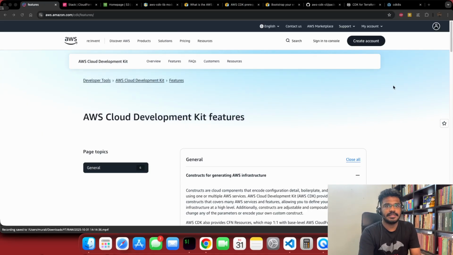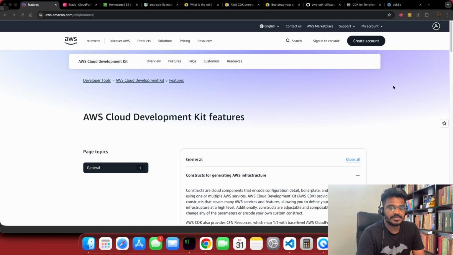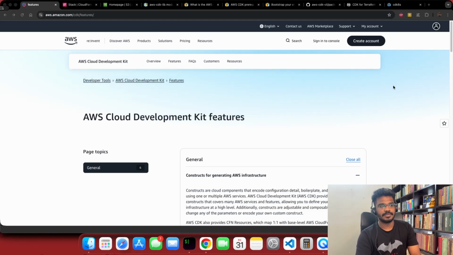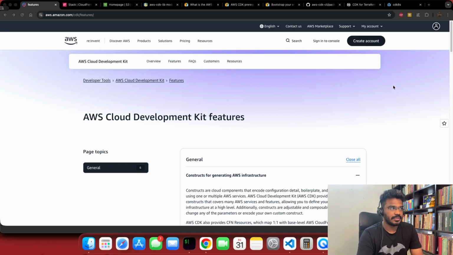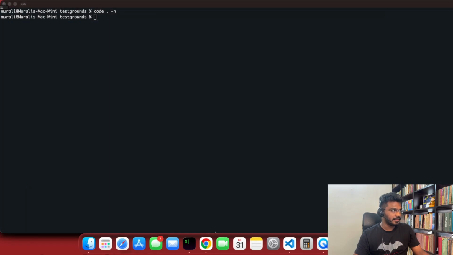So let's get started and create a sample CDK project. I've already installed Node, CDK CLI, and I also have AWS CLI set up. These are the prerequisites to create and manage CDK stacks locally. So I'll switch to my terminal. I'll create a sample project, creating a folder,